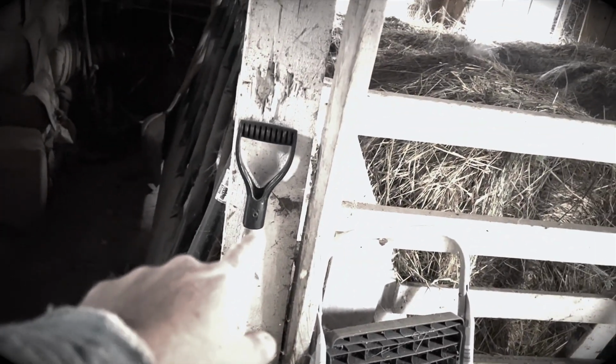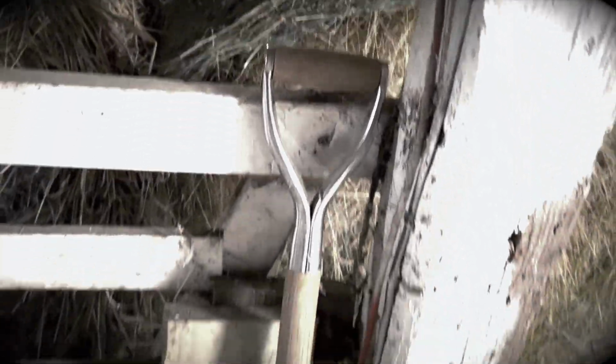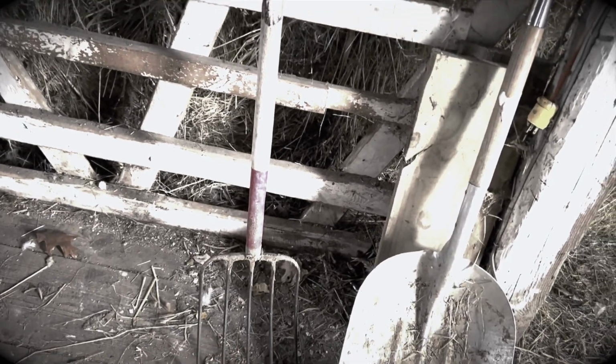Aluminum shovels. There are different kinds of them. I don't recommend ever buying a plastic one. They will shatter, particularly in the cold weather. They just don't work that great. The metal ones, and see this one here has got a plastic handle. Even I don't like that one very much. This one's actually mine. The kids use the other one, but it has a wooden and metal handle, so it just feels more solid. Manure fork,